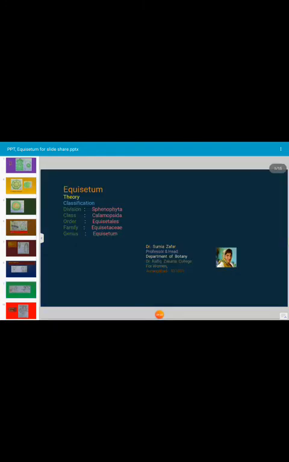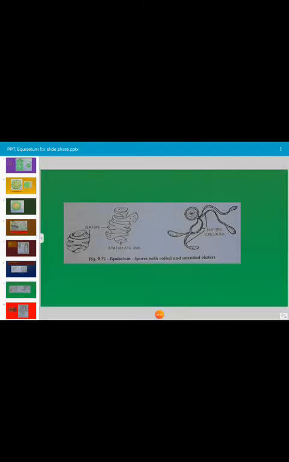Next, to the left side, a single spore is shown, to which the elaters are enveloped, elaters are surrounded, and in wet condition this happens. Later on the elaters are hygroscopic in nature. They absorb water and they get swelled, and in this way the spore gets separated from the elaters. To the right side elaters are shown, which are uncoiled. Elaters help in dispersal of the spore.